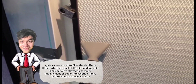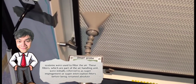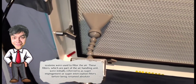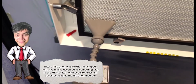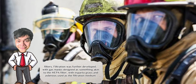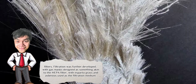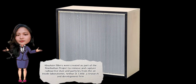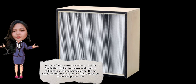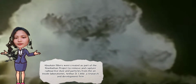These filters, part of the air handling unit, were initially referred to as impingement or super interception filters before being renamed absolute filters. Filtration was further developed with gas masks designed as precursors to the HEPA filter, with esparto grass and asbestos used as a filtration medium. Absolute filters were created as part of the Manhattan Project to remove and capture radioactive dust and particles from the